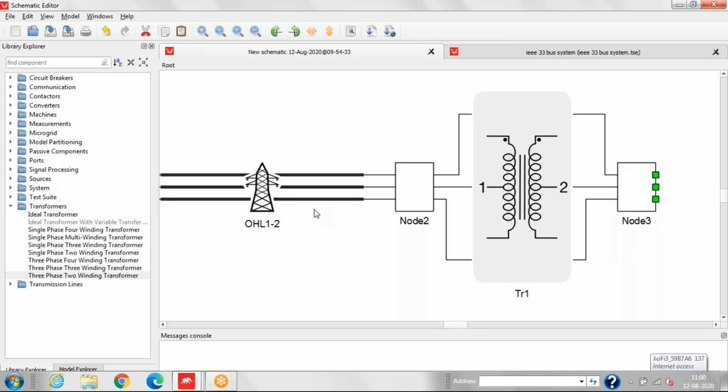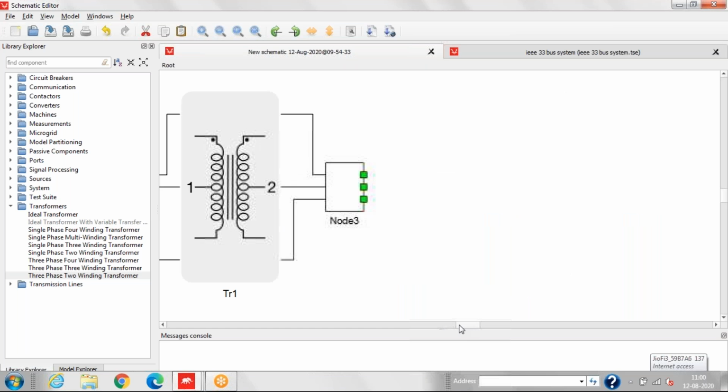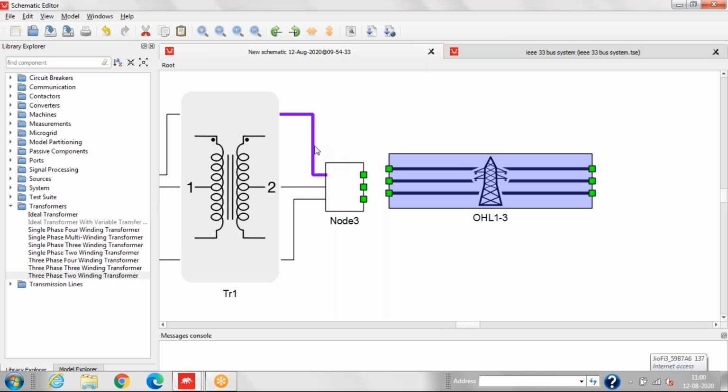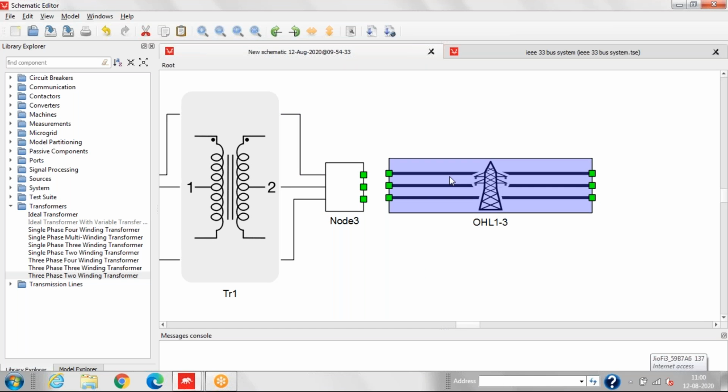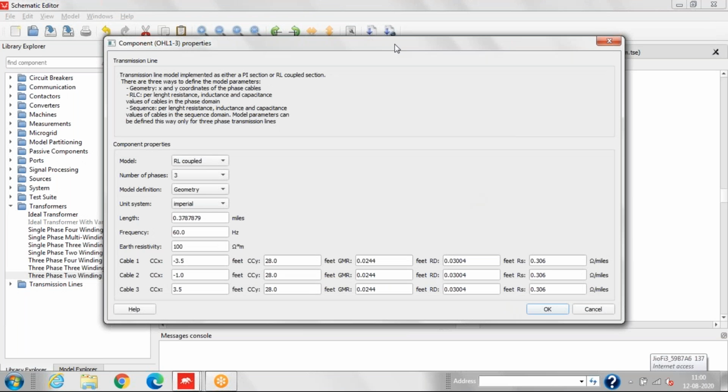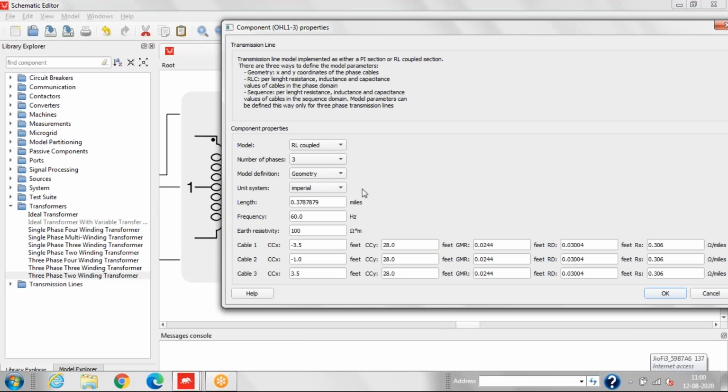Now we require one more overhead transmission line, so we'll copy this overhead transmission line and change the property. Now we'll change the length of the line, and other parameters will remain the same.